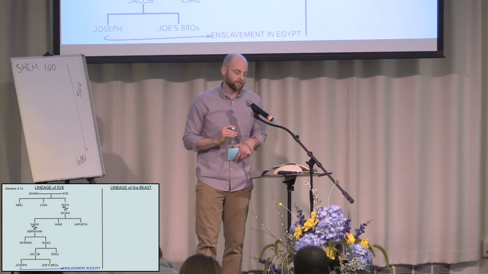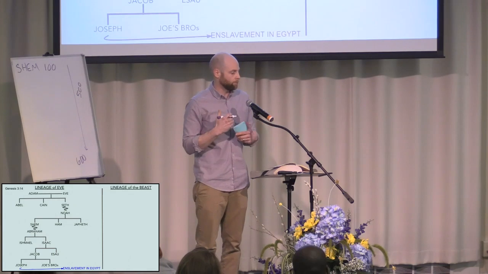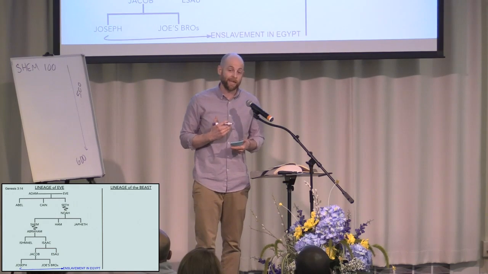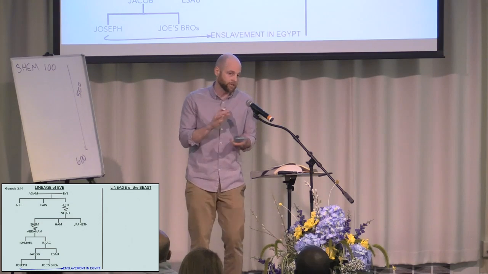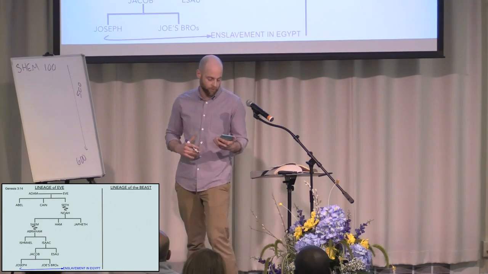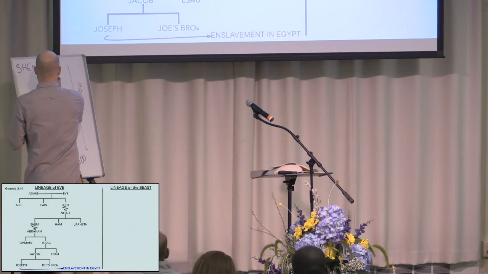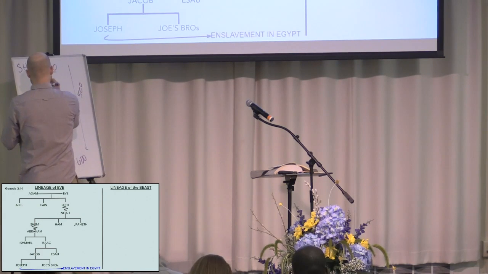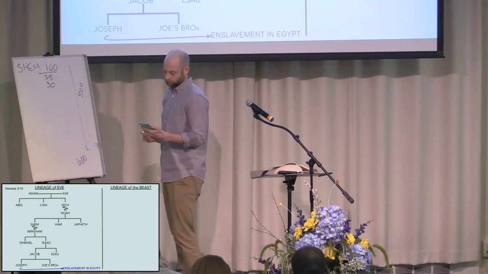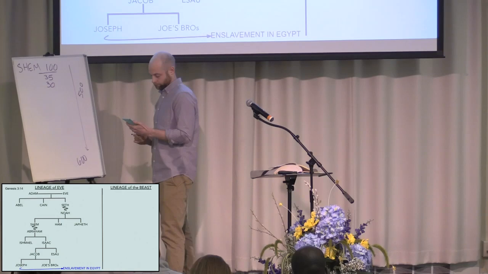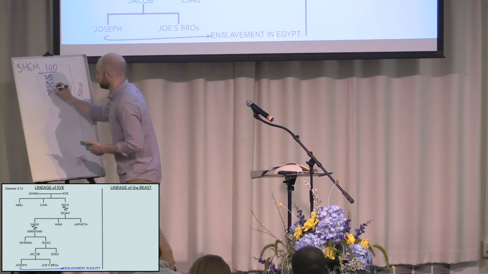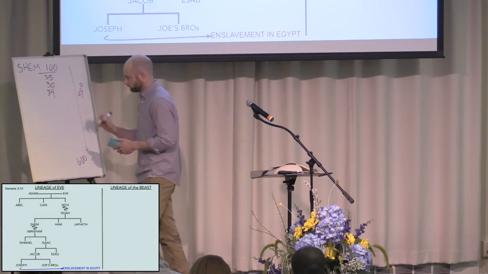But now we're going to see, is there any way possible that Abraham and Shem could have actually lived at the same time, 8 generations later? So Lee, can you continue? He's going to read kind of an abbreviated version of the next couple verses. All right, verse 12. When Arphaxad had lived 35 years, he became the father. We're going to jump down to verse 14. When Shelah had lived 30 years, he became a father. We're going to drop down another verse. When Eber had lived 34 years, he became a father. When Peleg had lived 30 years, he became a father.